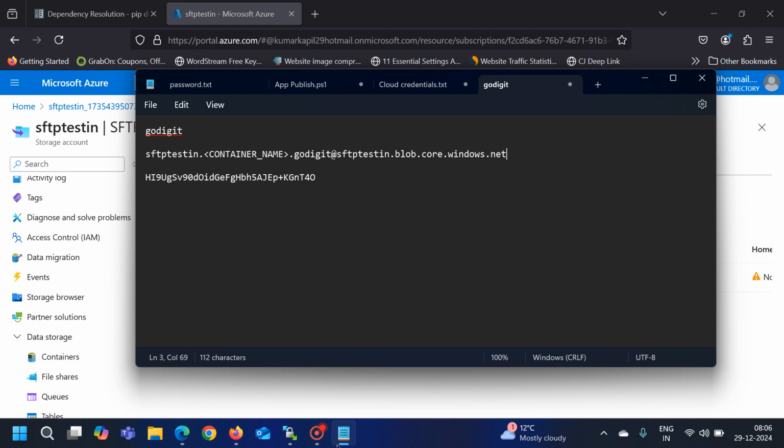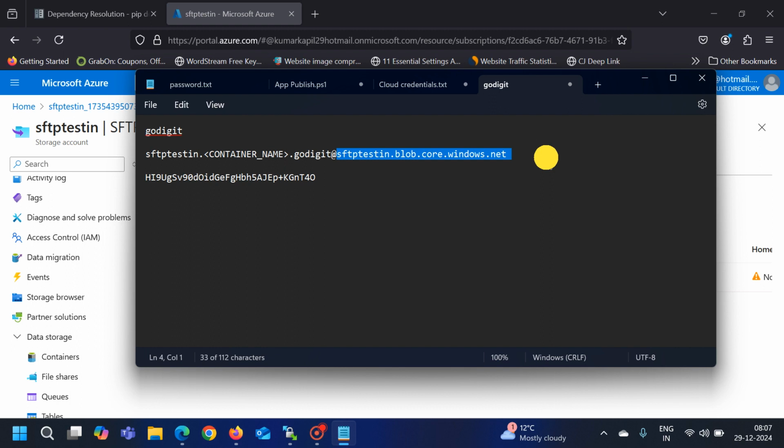and type here. So you can see that it is giving me, first of all, the name of my storage account, which is SFTP testing, and then it is giving me the option to select the container name, which I have not selected at the moment, so that's why it is showing nothing. Then the username at the rate, again this complete host name. All right, so you can see this at the rate is the differentiation between these two names. So before the at the rate, this is your username,